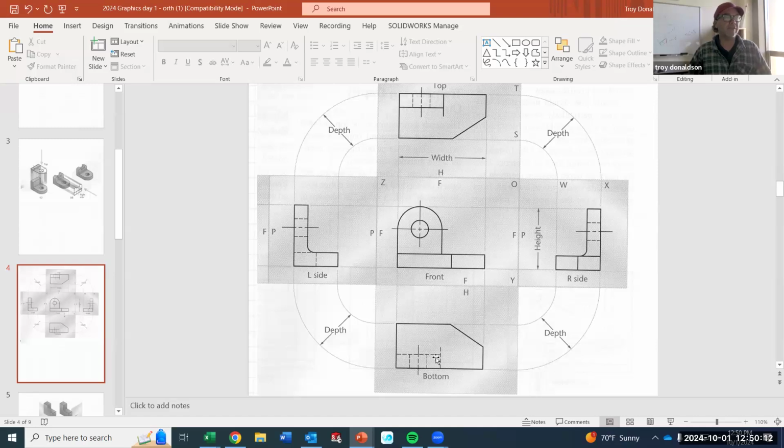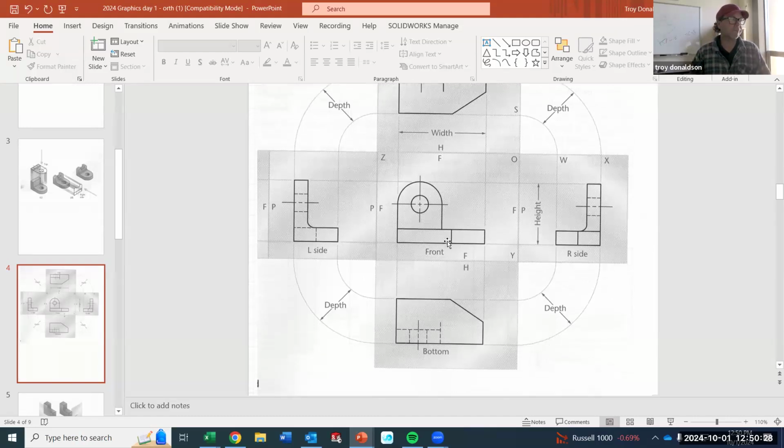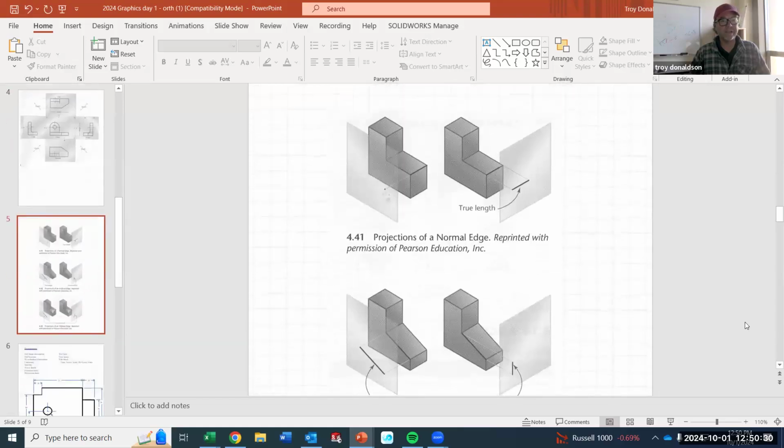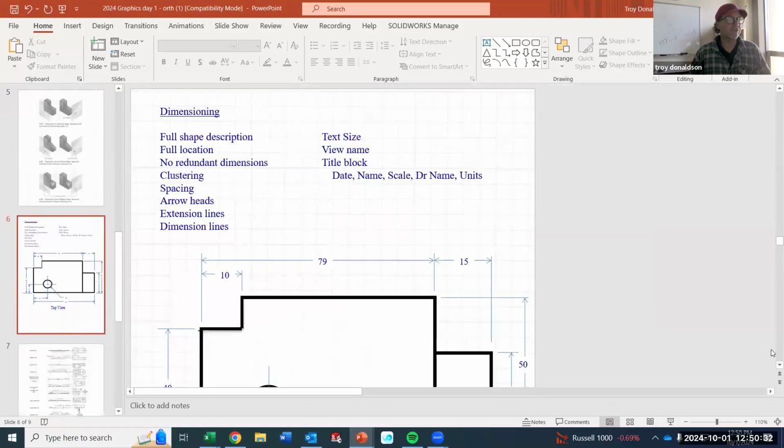And then hidden lines, see how their hidden lines are? They're not super tiny. They're not really big. Only 3 hidden lines show up here. Dash, dash, dash. That's fine. Don't make them super micro, and don't make them so big, obviously, that they don't show up. So, all right. I'm not going to go through true size and shape again.